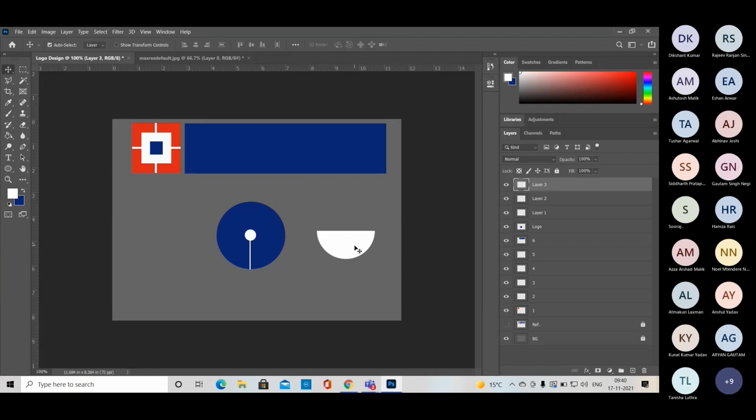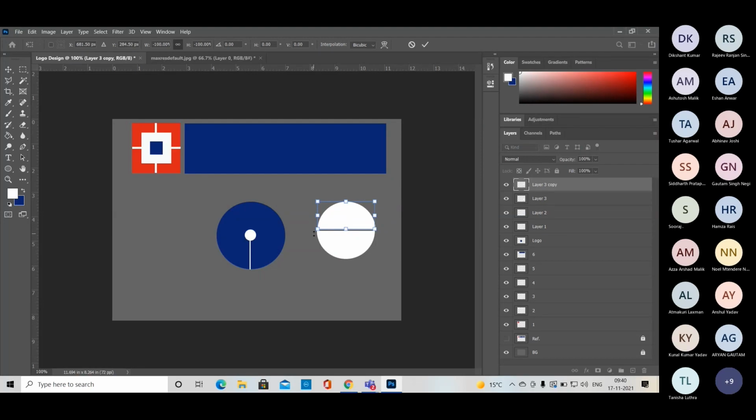So go on a move tool, press Alt key and make a copy. Then Control T, right? And we can just go when we find the curvicle pointer. So just change with the help of Shift, right?